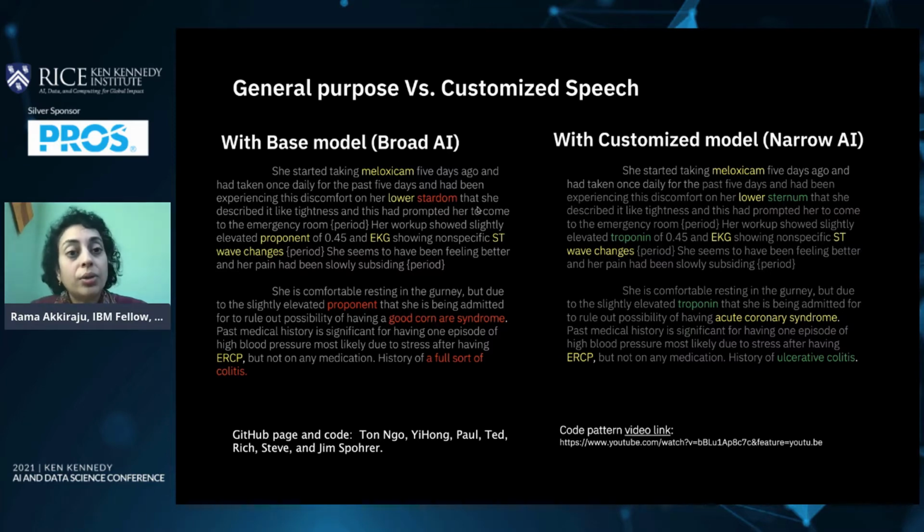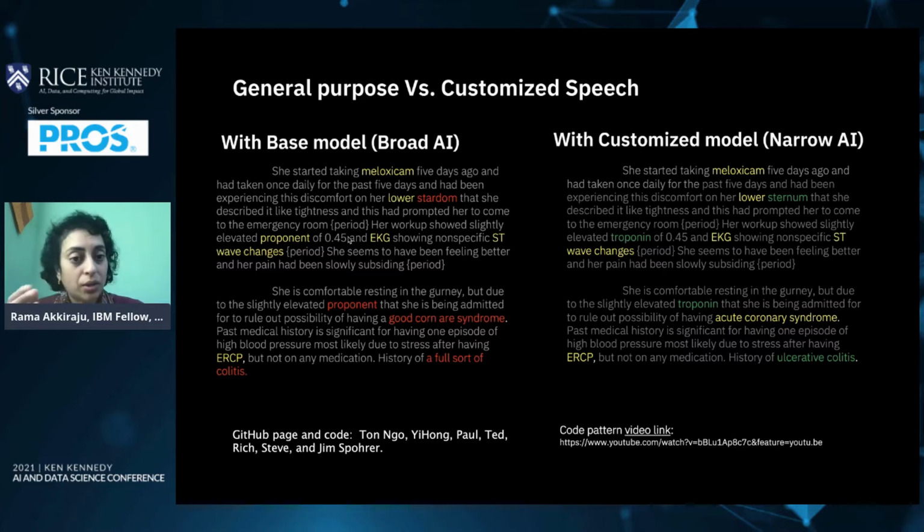The speech-to-text recognition model has been built with, or trained with, general purpose Wikipedia data and spoken language of general purpose domain, where people are speaking to one another, or maybe a newsreader has been reading, and that newsreader's phonemes have been translated into the language model. That's the data that's been used to train the model. So clearly, when the base model, what I call the model that's been trained with general purpose data, is used to transcribe from speech to text in a medical domain,